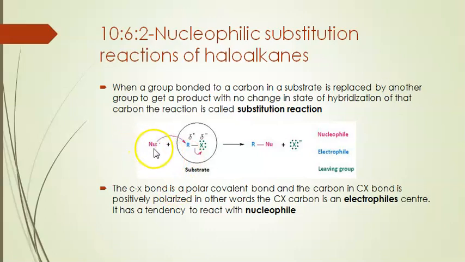Here the nucleophile attacks the alkyl halide. Here R contains the positive charge and the halide contains the negative charge. The reaction is carried out, forming R-Nu plus X minus. Here Nu represents the nucleophile, R represents the electrophile, which is a carbon atom, and the leaving group X minus is the halide group.